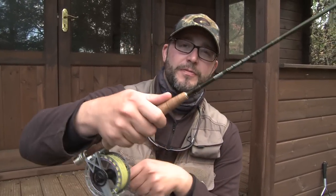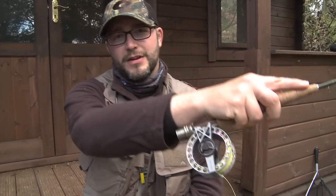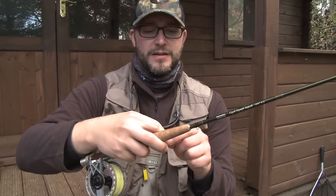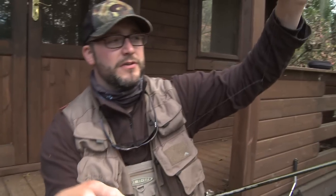Just make sure that you're nice and balanced, because you're going to be holding it a long time and you're holding it at arm's reach as well. So make sure it's nice and balanced, the leader's nice and smooth. As I say, start off with 2 flies. You can fish 3 doing this, but I would start off on 2. It's a lot easier,